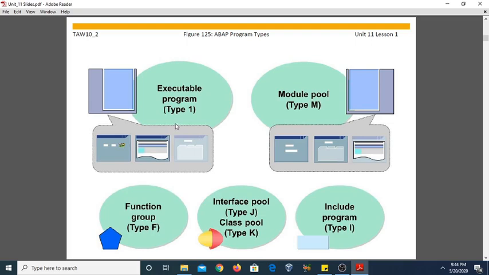The first type is type 1. In the last video I also discussed the selection screen, and that was a type 1 program. You can run an executable program by choosing System, Services and Reporting, or directly from the ABAP editor you can execute the type 1 program.